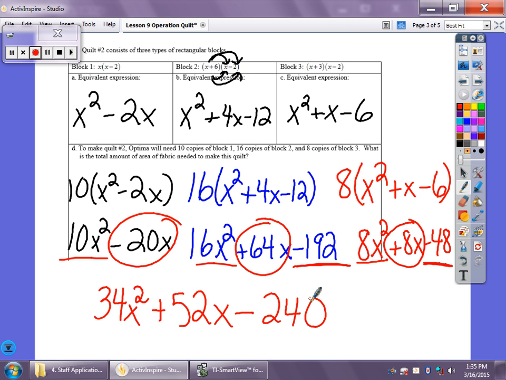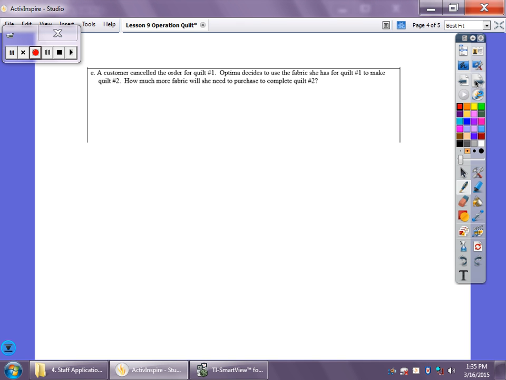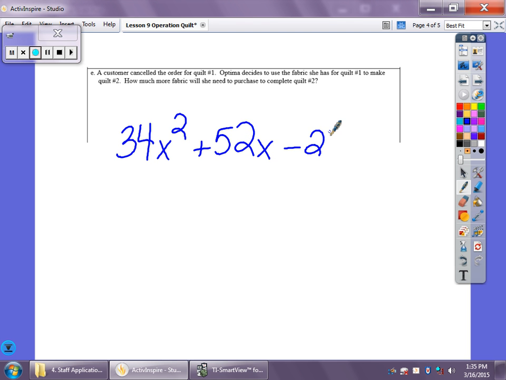Okay, 2 questions to go. Here we go. The customer canceled their order for quilt 1. They're going to use that fabric to make quilt 2, but they need to know how much more to order. So quilt 2 was worth 34x squared plus 52x minus 240. This was quilt 1. I'm sorry, quilt 2. Quilt 1 was worth,